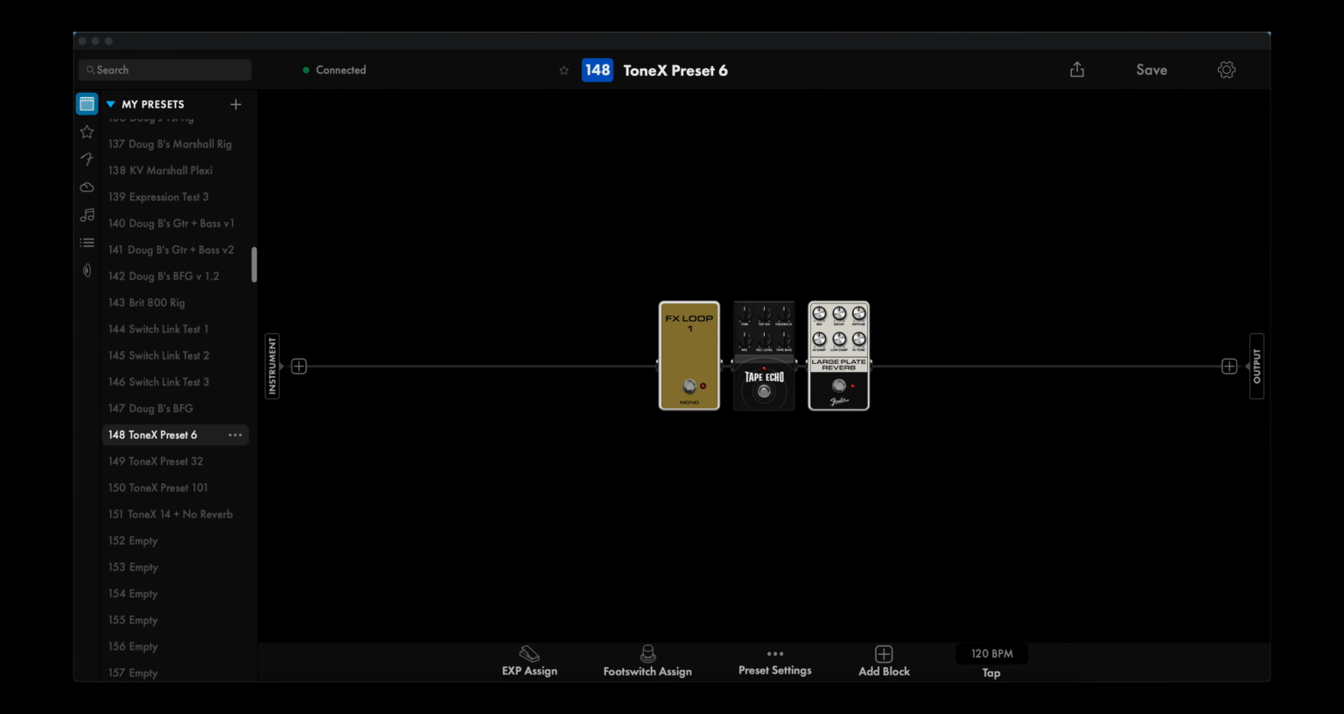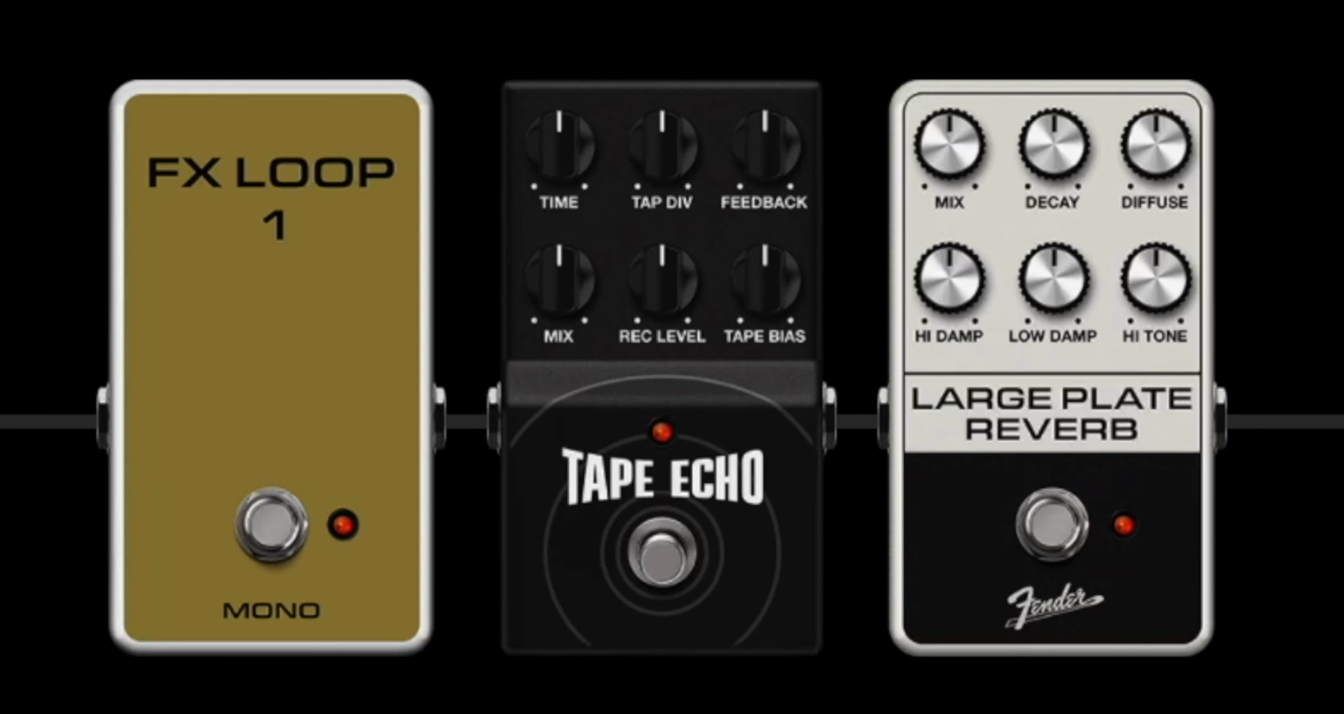I created 4 new presets that will include the Tonex pedal in place of the amp block. I've connected the Tonex pedal to the Tone Master Pro using FX Loop 1, and the Tonex pedal is set to use MIDI channel 1, and I've also connected both units with a MIDI cable. Now here's my first preset,